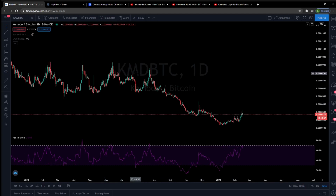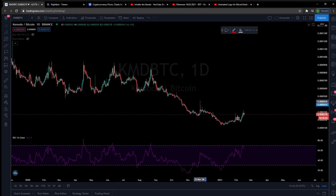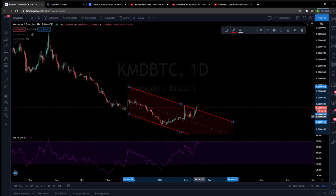But let's check this here. Is this a higher high? Is this, and is this? And this was the channel Komodo was acting in during the last days. Every candle is a day. And you can see the interesting thing is that Komodo has broken this downtrend channel, and that's a bullish sign